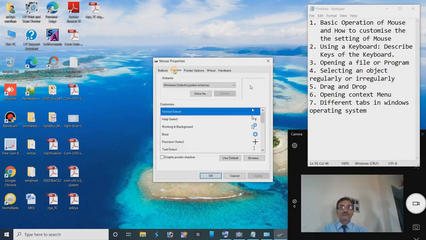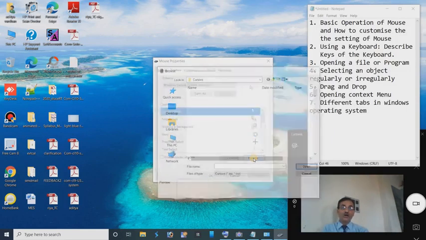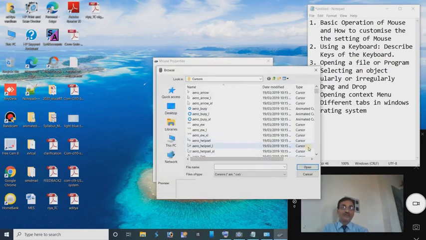Next one is pointer. Pointer basically this is the normal selection of the pointer, and now the pointer seems to be as given here. If we require to change the type of the mouse pointer, we can change it. How? Go to the browse menu and the different types of pointer are here.